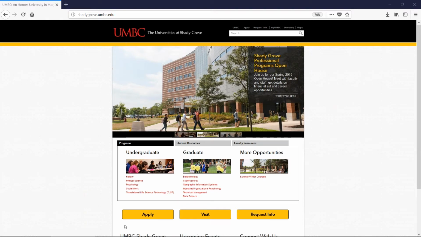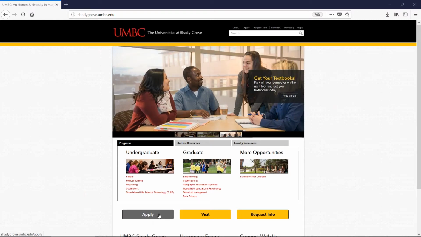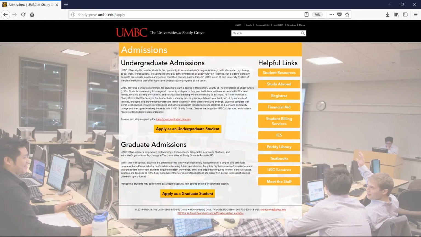My role is to really help students who are interested in applying and transferring to UMBC Shady Grove figure out if they have the coursework that they need in order to transfer, and also to help you through the application